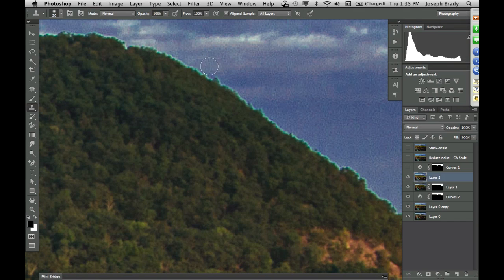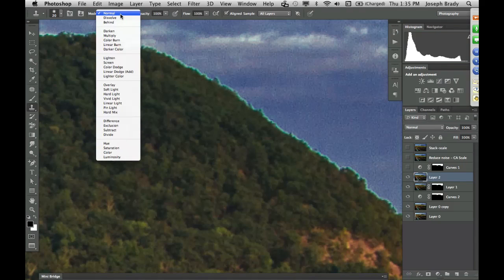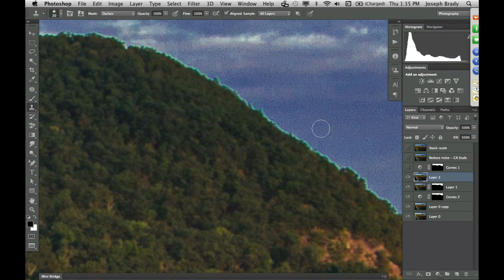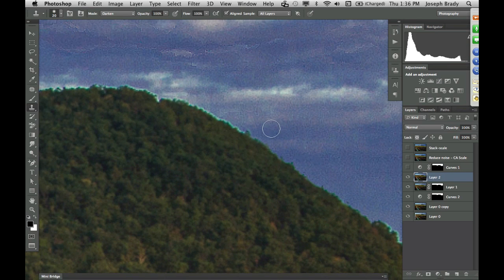What I'm going to do is change the blending mode. So I've got my fairly dark blue sky here, but I've got this kind of light green line. Well, the blue seems about the same as the green. So let's try something. Let's change the blending mode of the stamp tool from normal to darken, which means it'll only affect pixels that are darker than where I sampled from. So if I click on there to load that brush and then come over here, let's see if this blue is darker than the green. Because if it's not, which in this case it is not, you see what happens is it gets rid of that little glowy edge without affecting the green underneath,